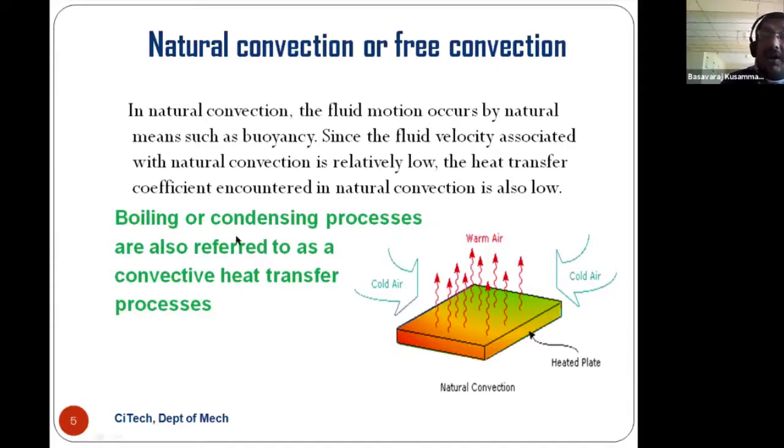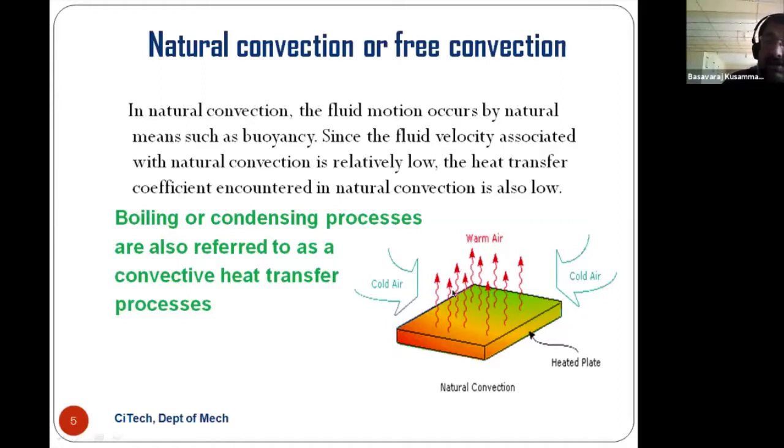Boiling or condensation process is also referred to as a convective heat transfer process here. Suppose the example here is a heated plate. Cold air is coming, then warm air will be moving. Understand? Cold air comes here, so it will get heat transferred from the heated plate. It will heat the cold air, and the temperature of the cold air will increase. If the temperature of the cold air increases, the density of the air